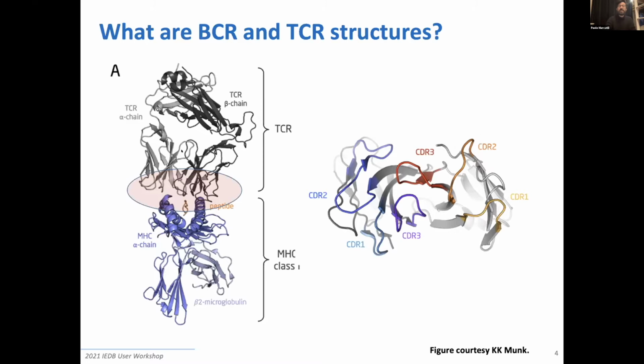Here we have a T-cell receptor in gray. In light gray, we have the alpha chain, and in dark gray, we have the beta chain, interacting with a peptide MHC complex. This is a class 1 MHC, in which we have an alpha chain and a beta-2 microglobulin presenting a peptide here in the middle in orange. And you see that you have very specific regions of the T-cell receptor that interact with the MHC and